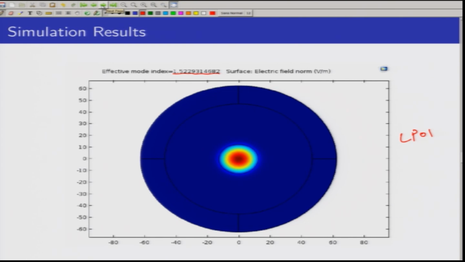Why? Because this is an ideal situation where there is no change in the external environment such as temperature, we are not adding external pressure, or even bending the fiber. So, in all these cases when there is no external pressure on the fiber, the mode is confined to the core and the effective index is purely real.